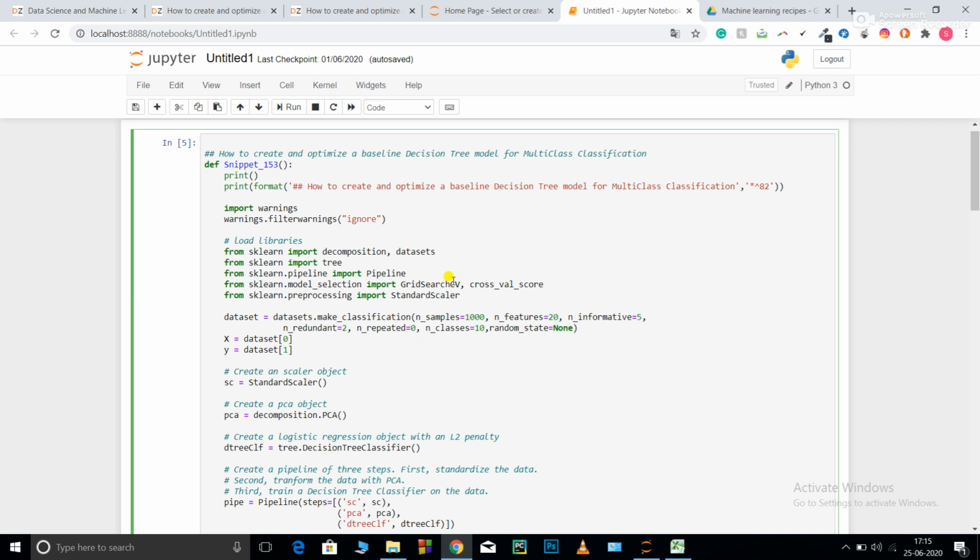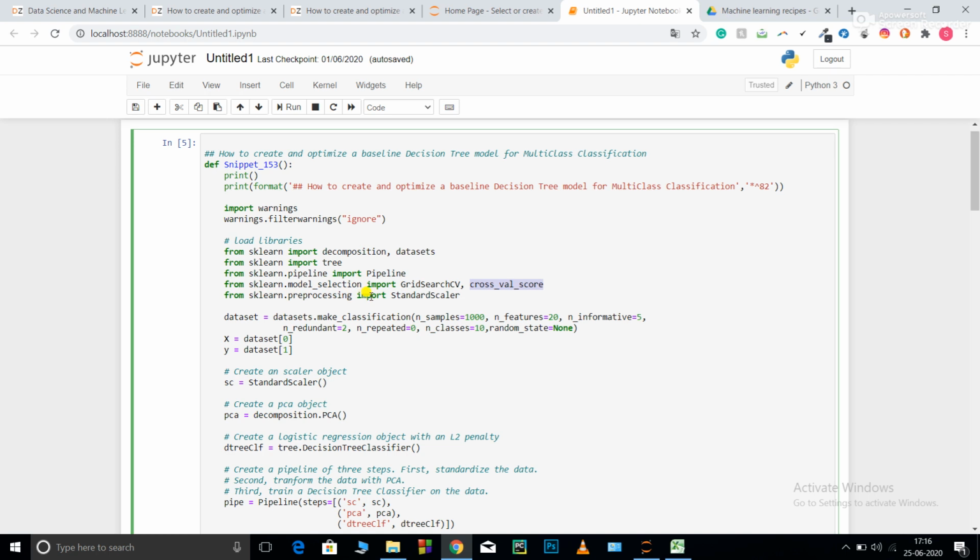There's one more method which is known as Bayesian optimization, but we will stick to GridSearchCV over here. GridSearchCV basically makes a list of all the combinations of the parameters that you provide, builds a model on each and every combination, and finally gives you the best result. I'd be using the cross validation score to measure my validation score. Basically this is useful for checking whether my model is overfitting or not.